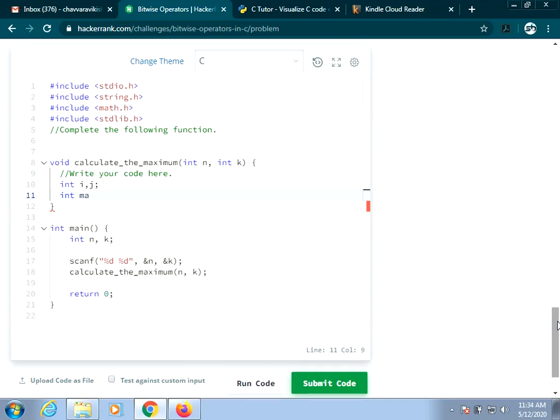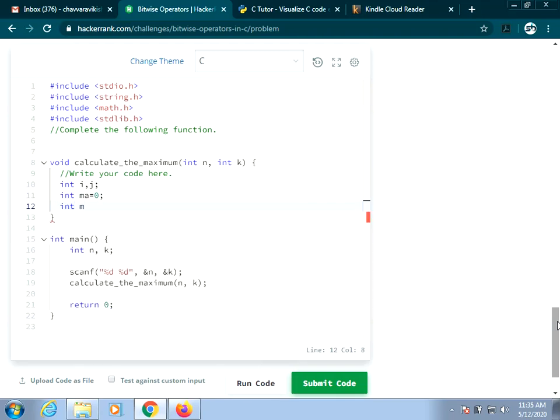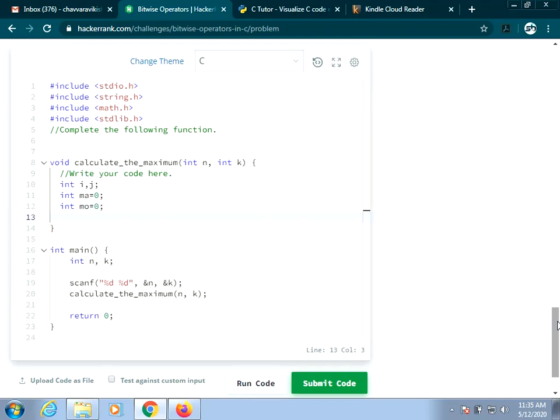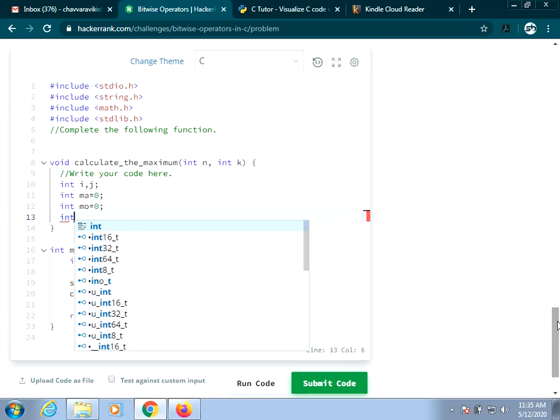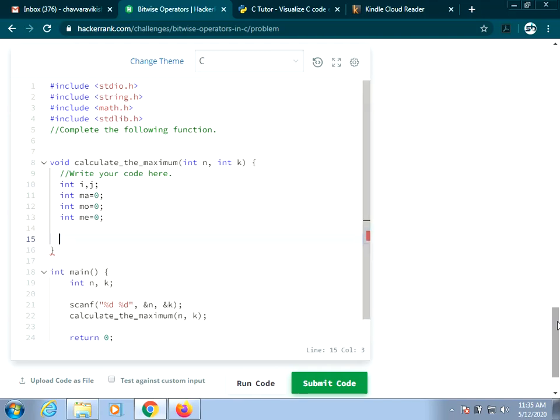So I will take the variable maximum of AND operation as ma, which I will start with 0. In a similar manner, I will take maximum of OR operation as mo, 0, and maximum of exclusive OR operation as me, 0.